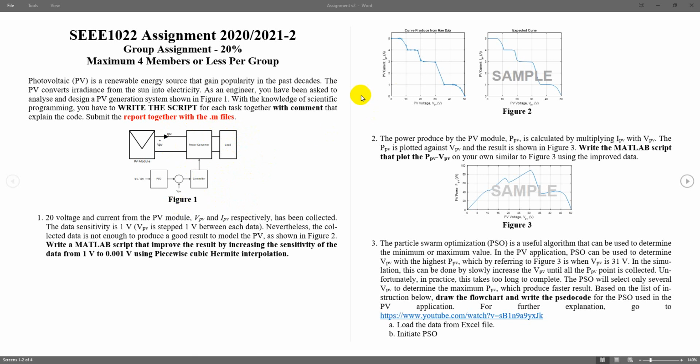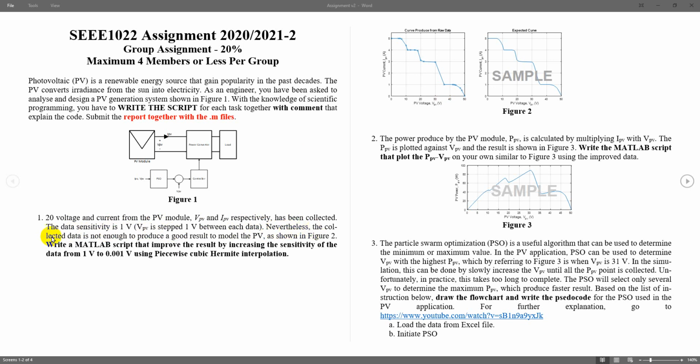If you can see here, your first task is you already collected the data from the PV, which is this one. You collected the current and the voltage data. Twenty current and voltage data points have been collected. The data sensitivity is around 1 volt. I think this one has already changed, it's not 1 volt anymore.